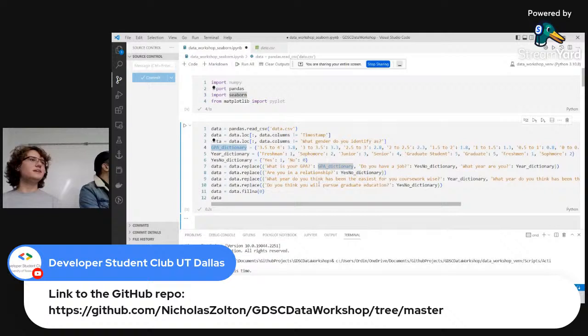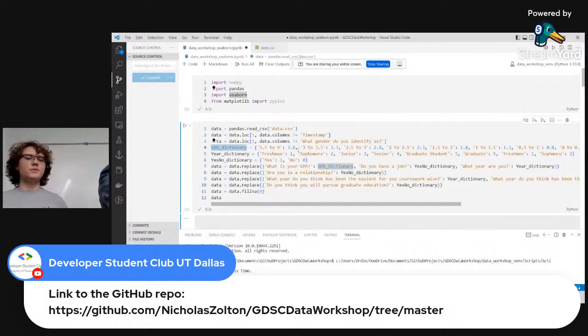Okay, so we're loading it all in as a data frame through pandas. And normally you won't see these things named like this. You'll usually say as pd, which stands for pandas, and seaborn will be sns, stuff like that. But in reality, all I'm doing is explicitly declaring the imports using their full name, so it's very easy to follow. So what we're doing here is loading in all the data,